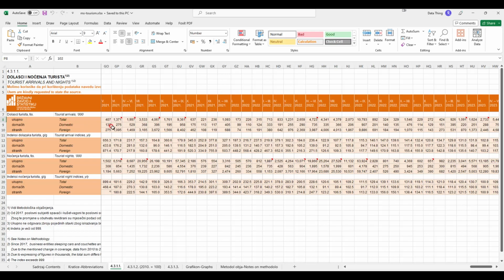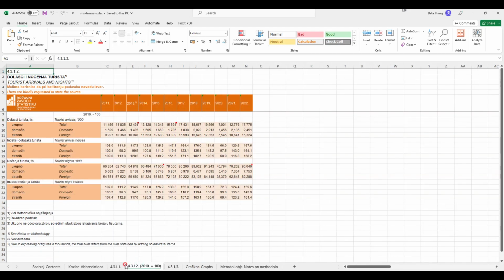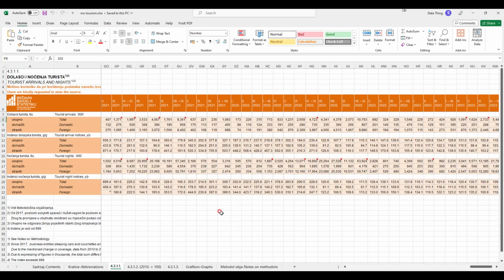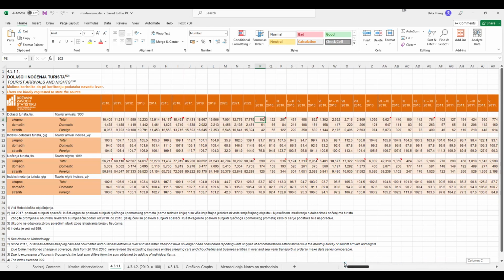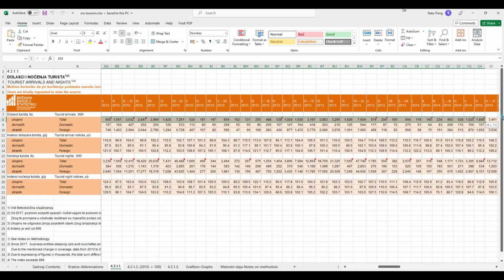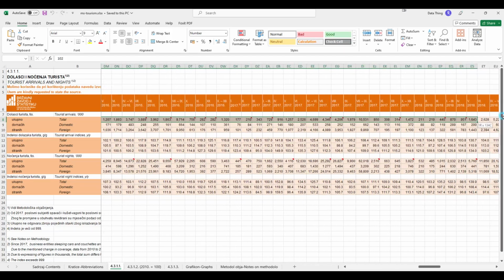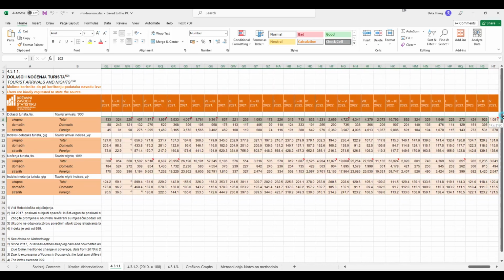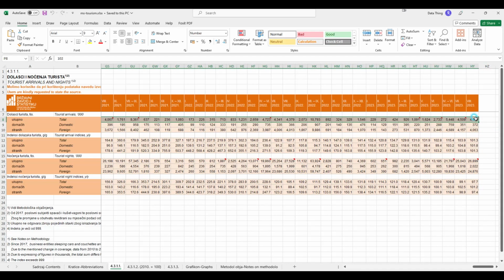We will be interested in total tourist arrivals, but you can follow the same procedure that I will describe here for every other data available in this spreadsheet. So I'm interested in starting from column P8 to HY8. So this is what we want to get in Stata,